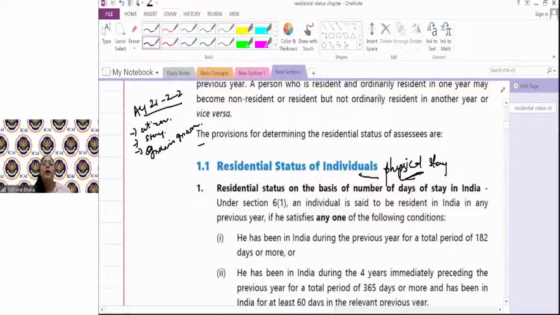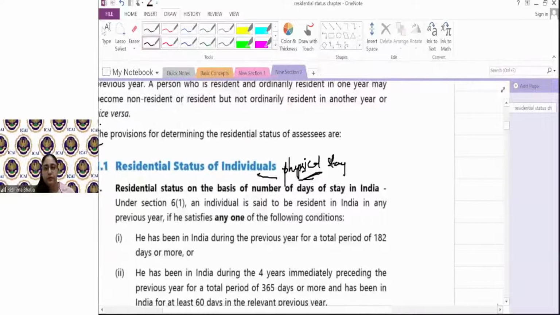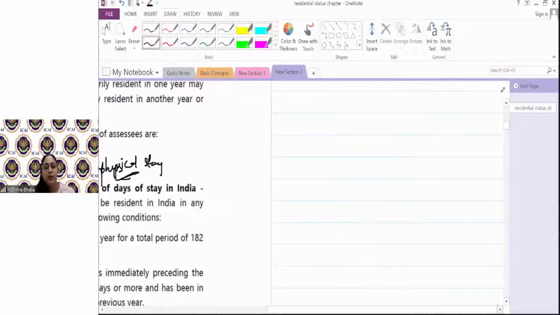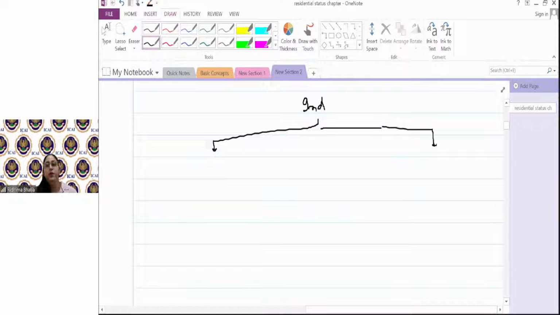for individuals. But in some parts there is citizenship and other things which also have an impact. So let's start with understanding residential status for individuals. Now, an individual would be a resident in India if during the previous year, his stay in India is 182 days